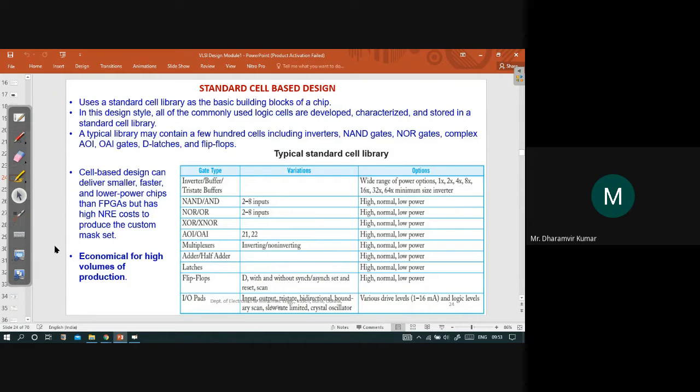It's a bit less time consuming as compared to that full custom design style. Okay, but still the cost is a bit high. So again, it is suitable for high volume production where a large number of ICs are required to be manufactured.